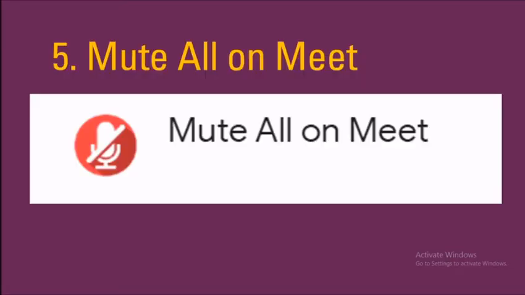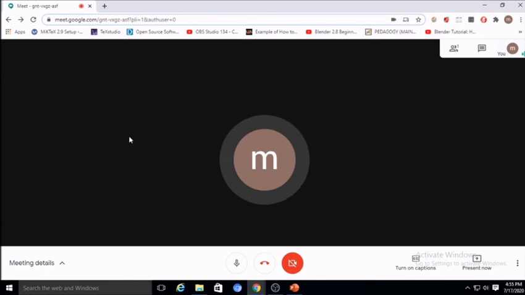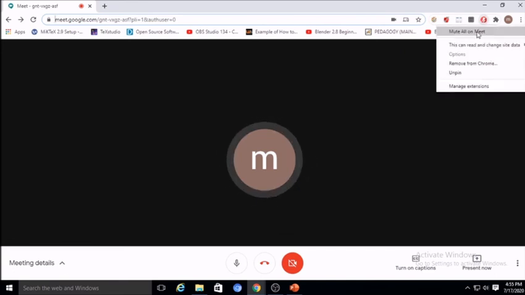The fifth extension for the Google Meet is Mute All on Meet. In one click, the host can mute all the participants on the Google Meet. This is the Mute All on Meet extension from the Chrome Web Store. Click on this, add to Chrome. While joining, there is a problem that the persons are not keeping their microphones off, and because of that there is a noise problem. So in one click you can make all the participants mute. So you can click mute all participant,